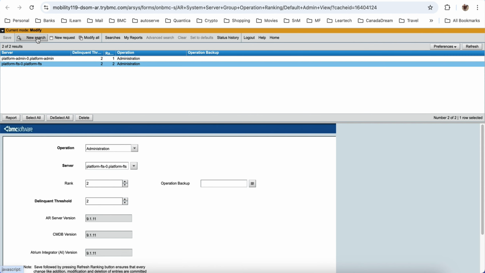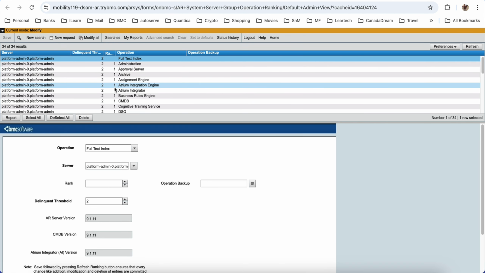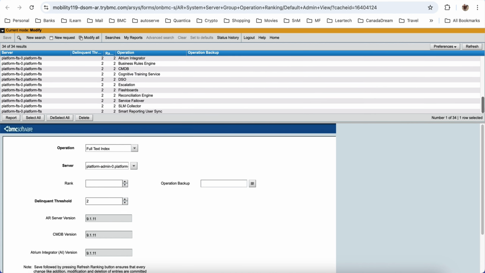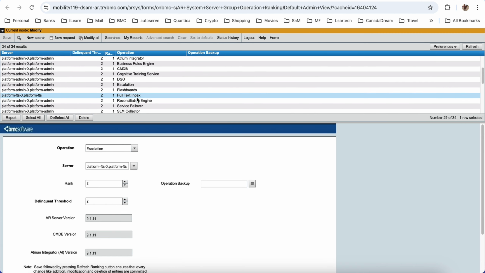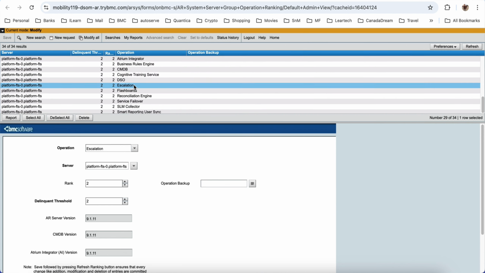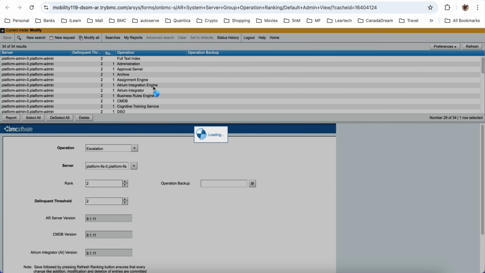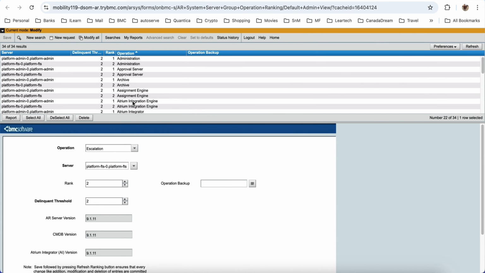Similarly, I have operations defined for all of them. All the operations are now ranked, defined here on this particular server, and you define the rank for each and every operation. For example, for email, let me just sort this. So let's say for the email server, if I want to see what the ranking is here,